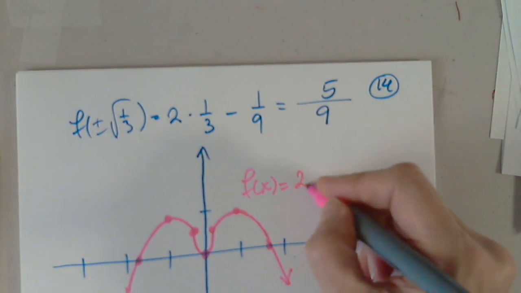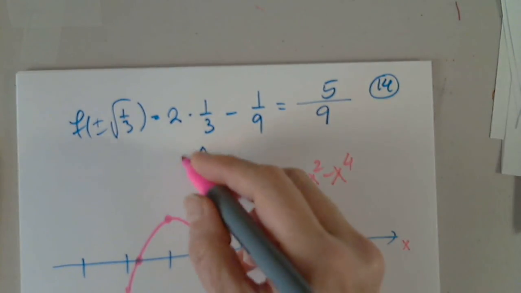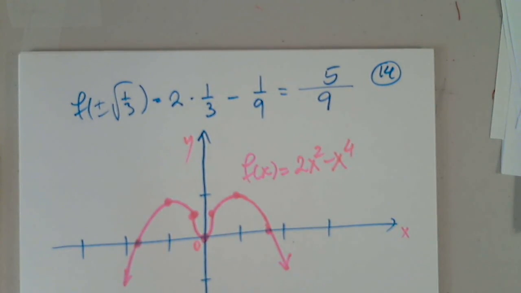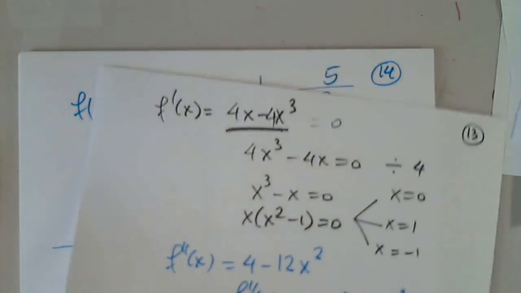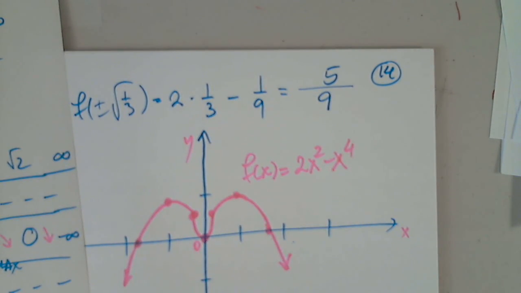I think it was 2x squared, right? Minus x to the 4th. Before knowing all this, this would have not been possible without a calculator. But now you have the knowledge of the first and the second derivatives, and this is